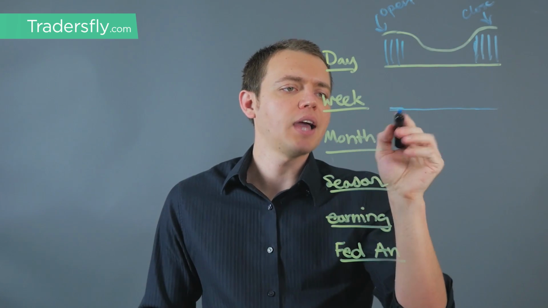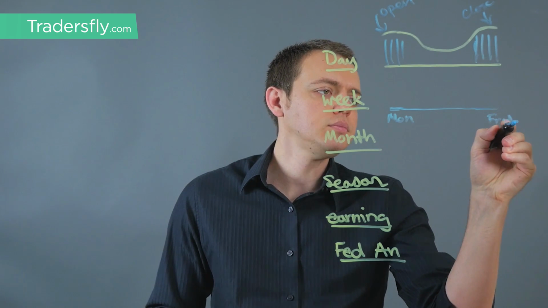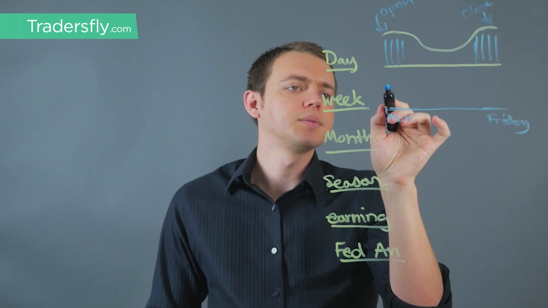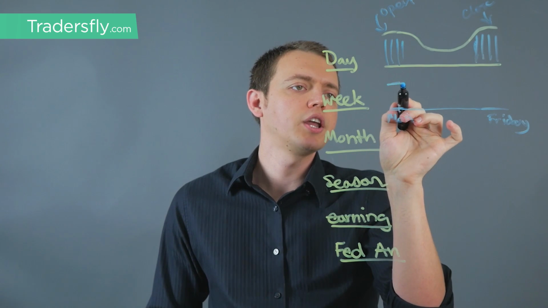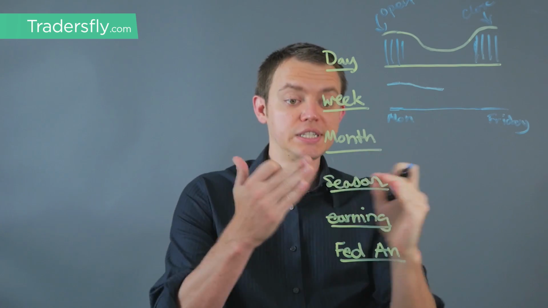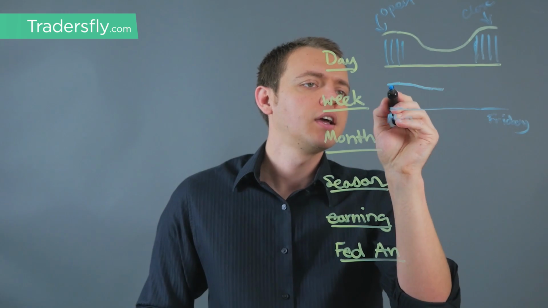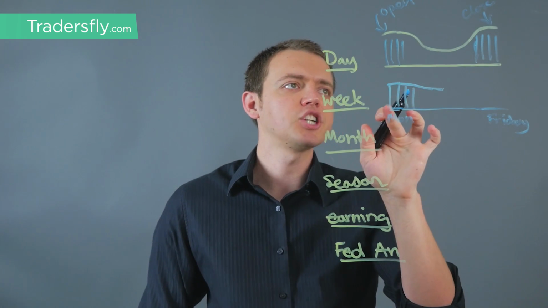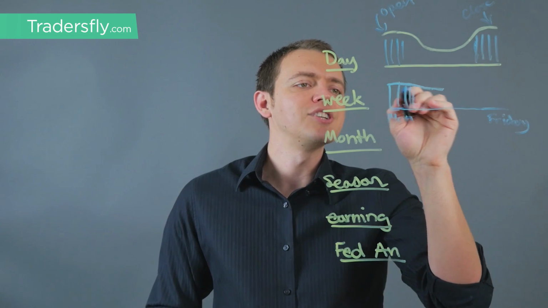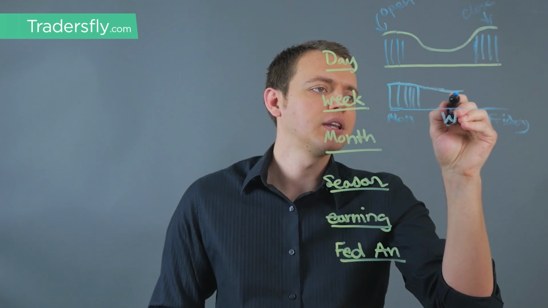On the week, the same thing happens. So if we go from a Monday to a Friday, you probably will see somewhat of the same kind of concept, okay? So you might see a little bit more trading on Monday, and then depending on, of course, which season you're in and things like that. So these things can vary, but just to give you some insight, you might see more trades on a Monday, people adjusting their position from the Friday before. So you have more adjustments happening, and then a little bit of a dip here on the Wednesday, maybe a little bit lighter trading.